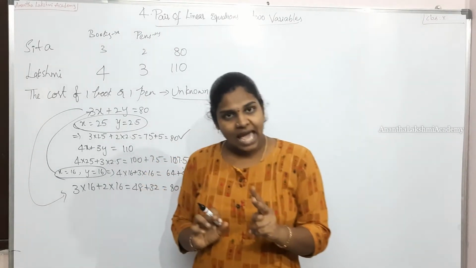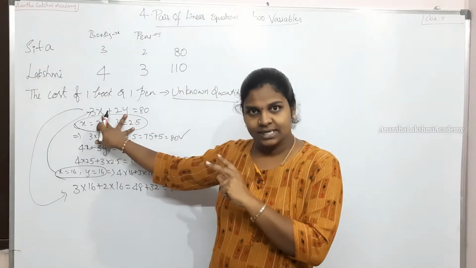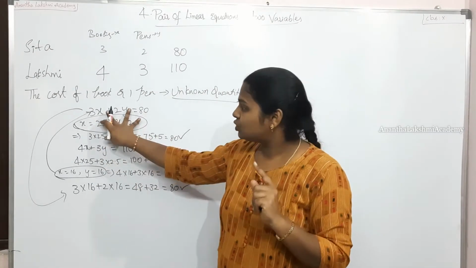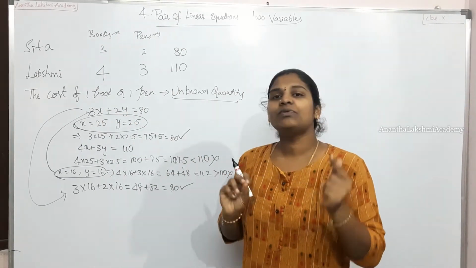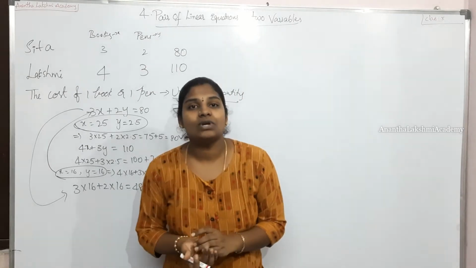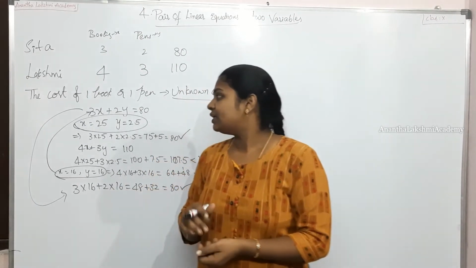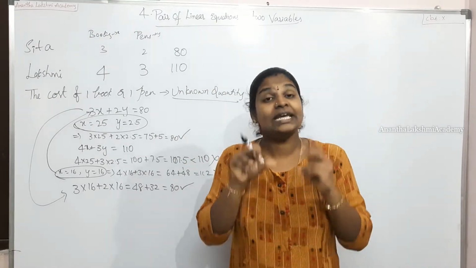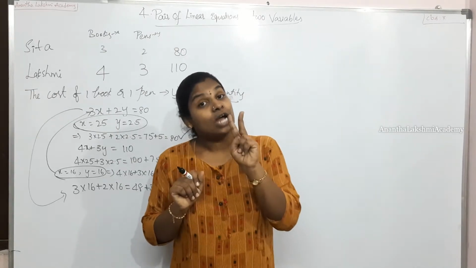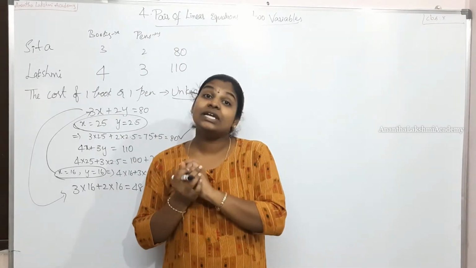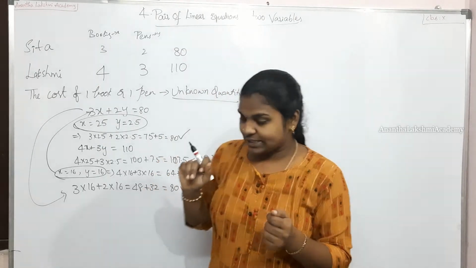Okay, when we have a single equation in 2 variables, we end up having n number of solutions. Now the question comes up, how do we figure out a unique solution for the problem? In order to have a unique solution, when you have 2 variables, we need to have how many equations? 2 equations.